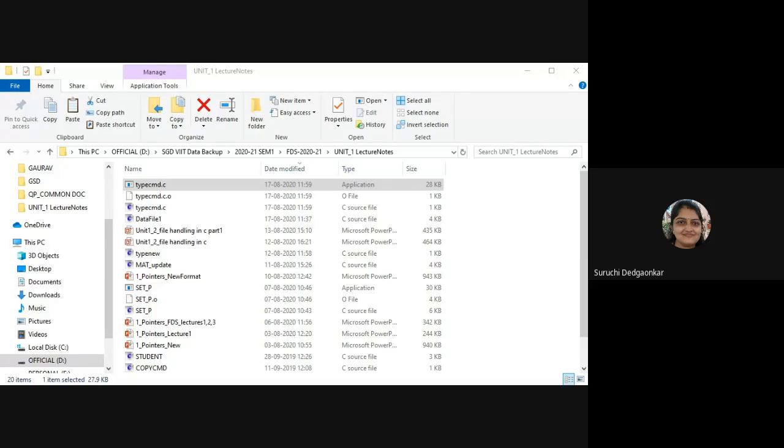Any doubt in command line arguments? Ma'am, yes, if we want to use command line arguments, then we have to write the arguments in the brackets of int main, the parameters. Yes, you have to specify argc. You can use another name also, but the first parameter is always an integer, which stores the count of those arguments, and the second parameter is always a string array of string pointers. So that syntax should match.